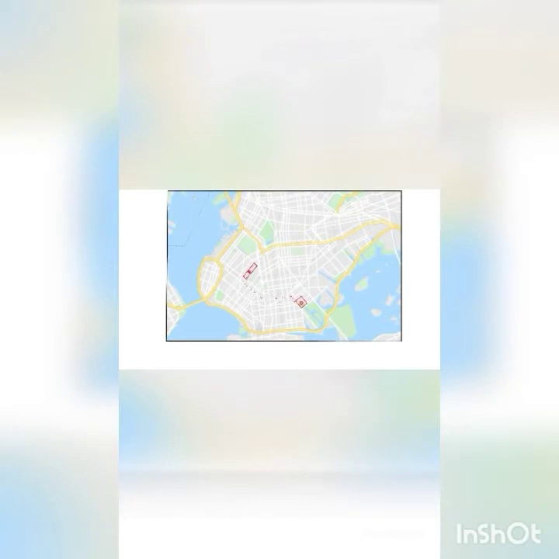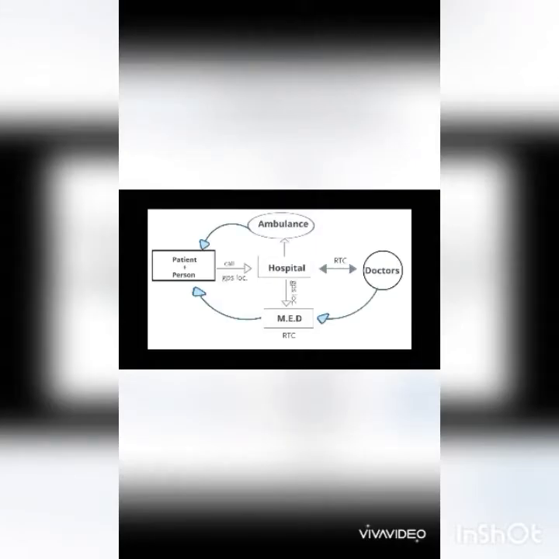In this map, H marks the hospital and X marks the location of the patient, and the red dotted line represents the path the ambulance has to take. Let's say MED has been implemented in the city. As soon as A calls emergency services and requests help in a cardiac arrest case, emergency services dispatch an MED to the location of the caller along with the regular process of sending an ambulance.